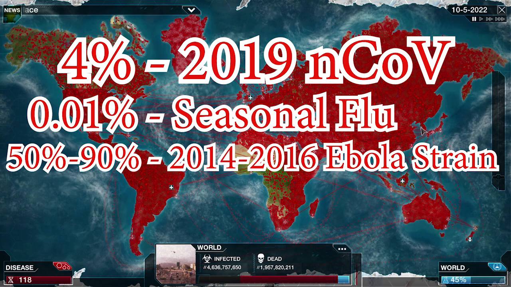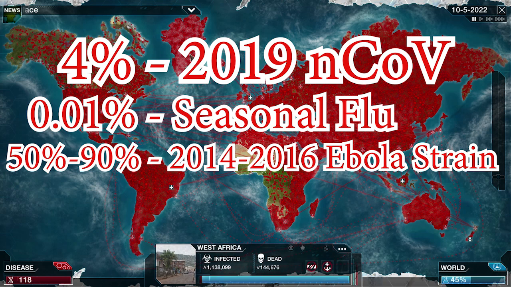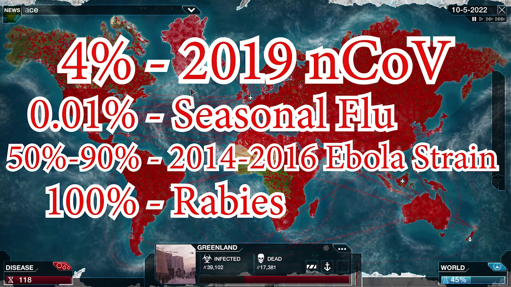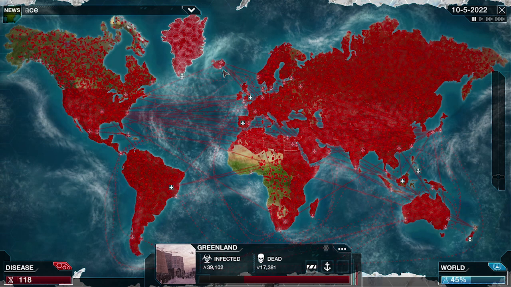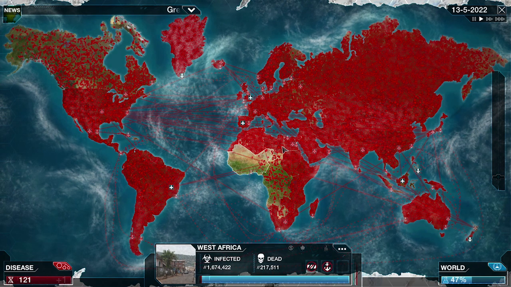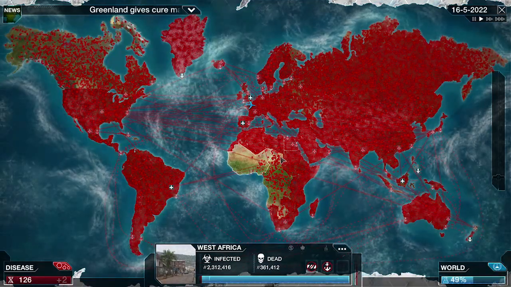That's a bad virus right there, because the purpose of the virus is to live on long enough to infect other hosts. And rabies, left untreated, has a 100% mortality rate, which is the worst. It's about as bad as you could get. So with that in perspective, I just would like you to think about how bad 4% really is, especially considering if you just take preventative measures to not even get the virus, you're pretty much well off.